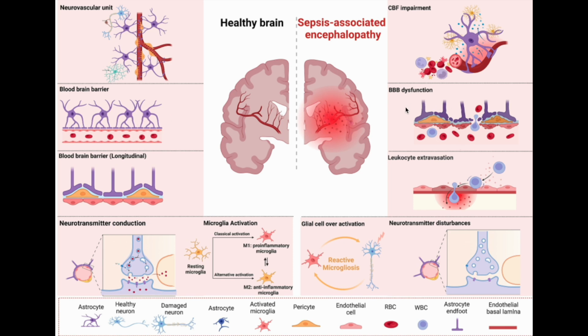While in the septic patients, the endothelium is damaged. You can see the damaged endothelium here. The astrocytes are affected and the inflammatory cells are gaining entry into the brain. The next is the